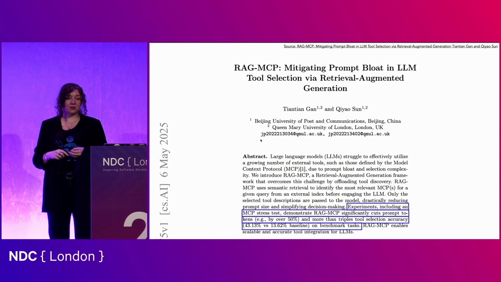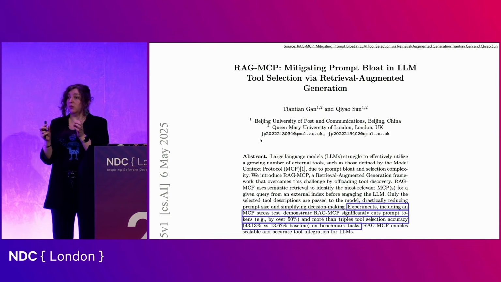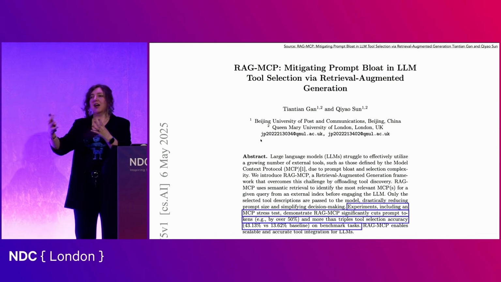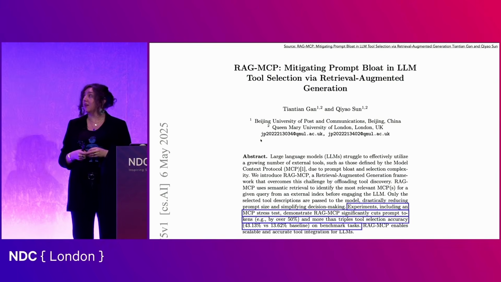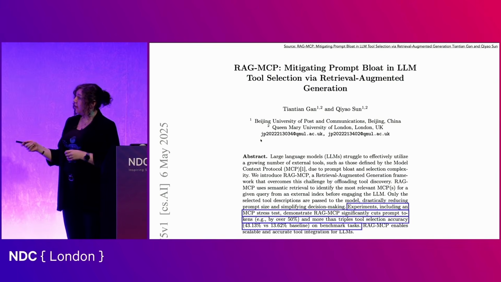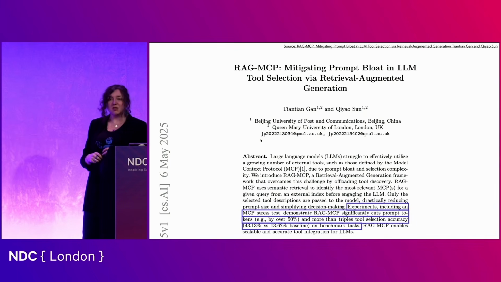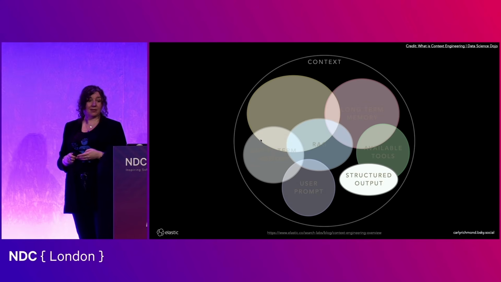But one promising one, based on this paper from 2025, is called RAG MCP. What this is basically doing is using semantic text on the descriptions of the tools to pull back which ones are considered relevant for that task, and passing that as part of the context of the LLM in order to improve the accuracy. And as you'll see from the result up there, what they're saying is that they cut the prompt tokens by over 50% and they tripled the tool selection accuracy based on their experiments. So this actually shows some quite promising results.